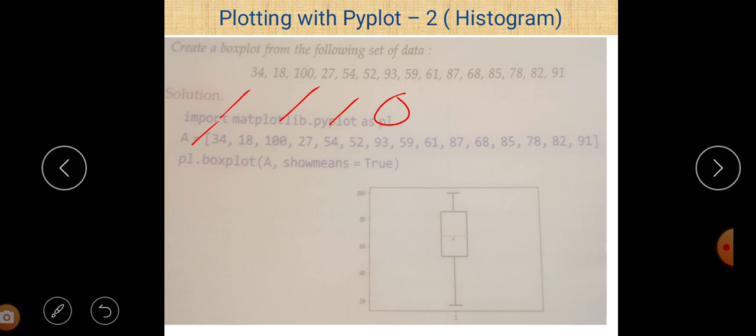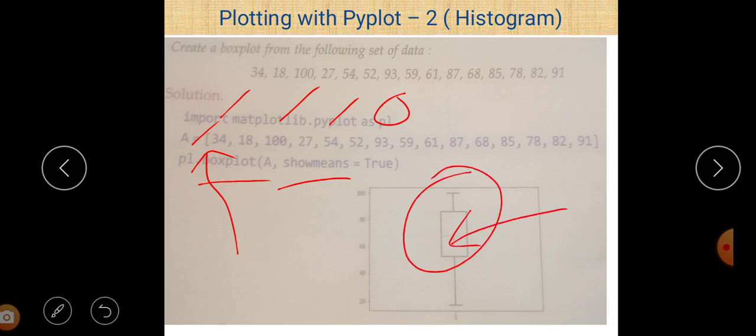And then we just write box plot is equal to A, show mean is equal to true. So we just create a data box plot here, and we take two parameters: value A, which is compulsory, and show mean is equal to true, to find out the mean of that box plot. You can easily see that show mean is equal to true means that point will be shown. If we give show mean is equal to false, the mean will not be visible.